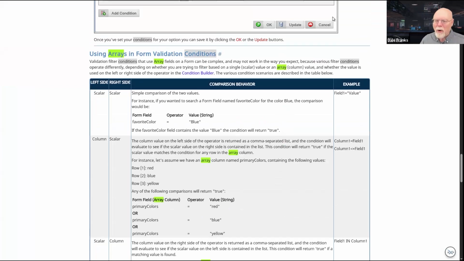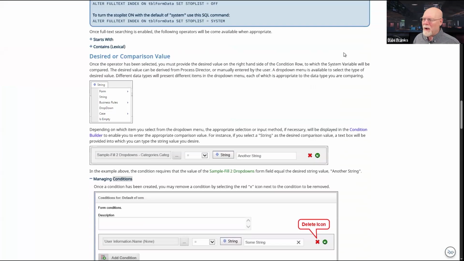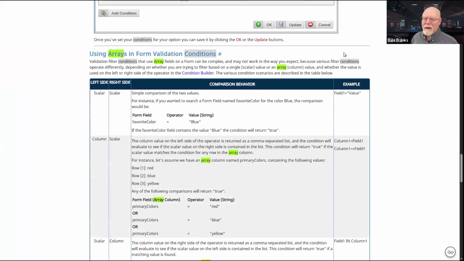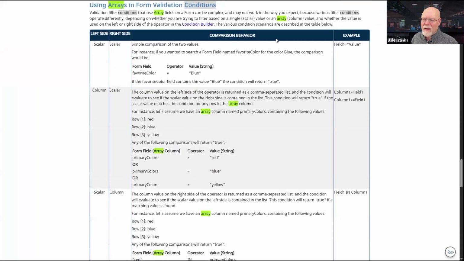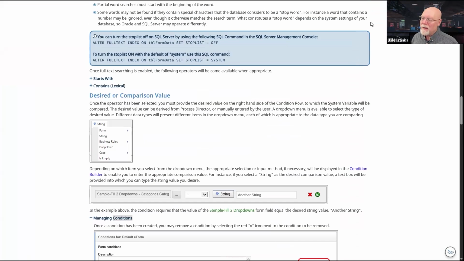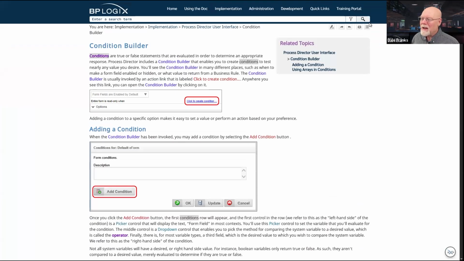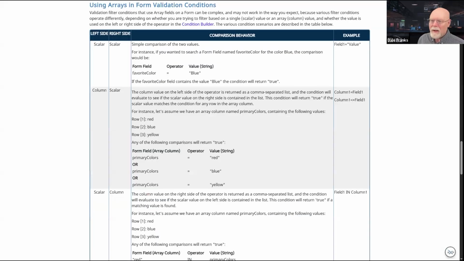Now this says in form validation conditions. And oh, by the way, let me click that link right there to get it back up. Well, that still didn't solve my problem. I need to go all the way up to the top to turn off that highlighting. But now I can go back to there.